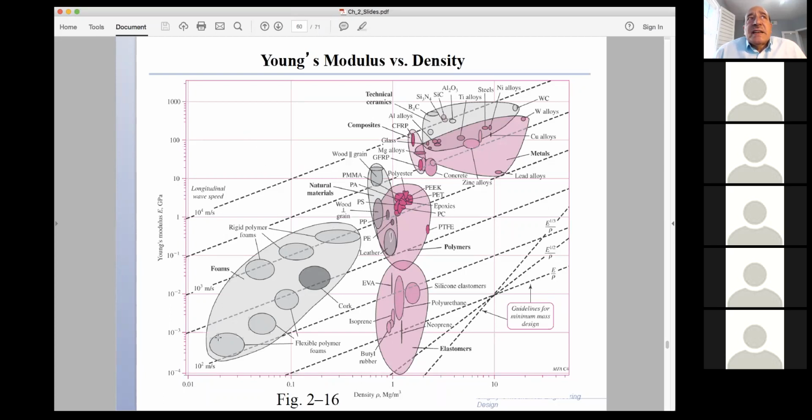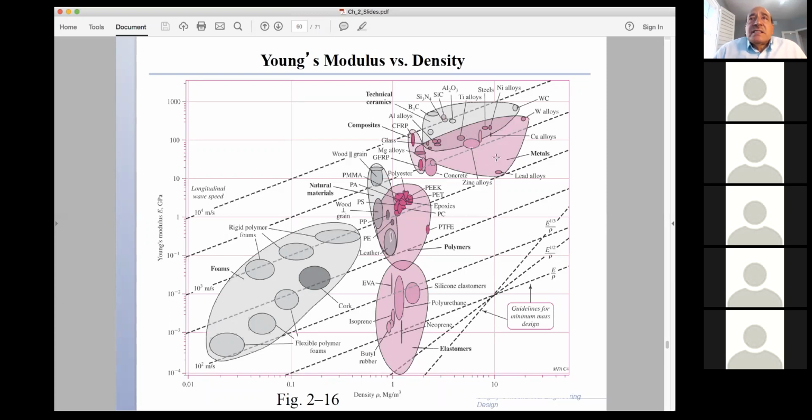And then you see the classifications of materials, which have these bubbles, and the bubbles are like families. So you have a family of foams, polymers, elastomers and polyurethanes down here, and then natural materials in the middle part, and then composite materials up there. And then we get into the two main material classes that are used extensively in engineering, that is ceramics and metal alloys.